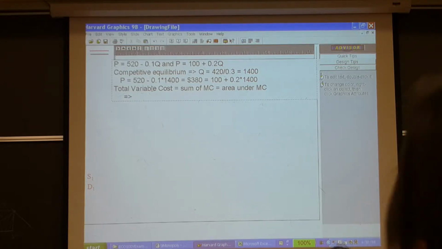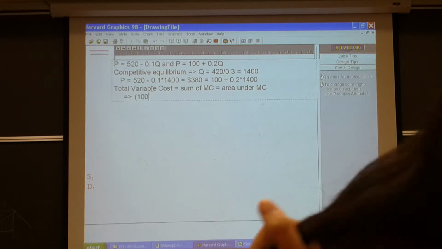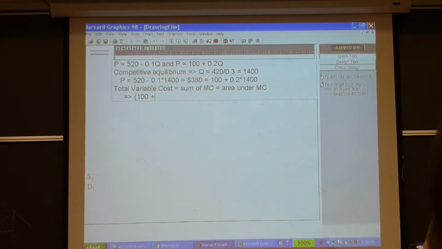We got 100 plus, this is the trapezoid, right? Plus 380 times 1,400 divided by 2. So that's going to be like 700 minus 280. Remember that is what? 336,000. Now I did that as the trapezoid underneath the marginal, took the area underneath marginal cost, but it's also